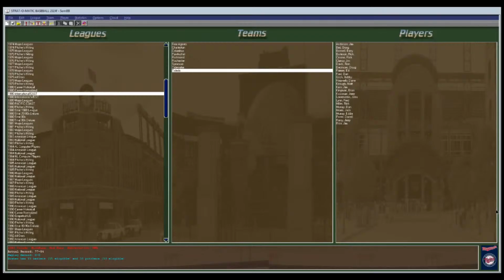So it's called the Stratomatic International League. Let me show you the logo that I decided to use. Let's see if I can do that comfortably without losing my mind. How can I put that in there without it going away?